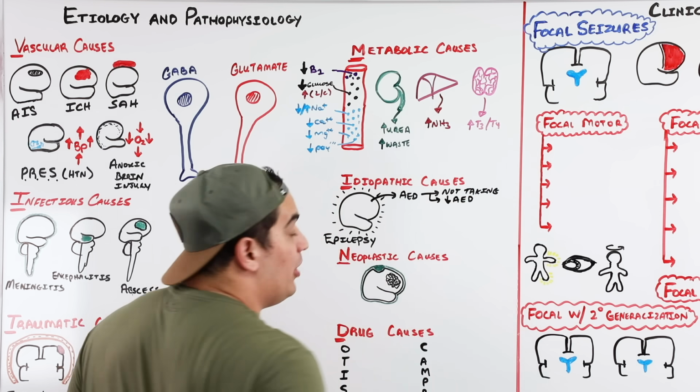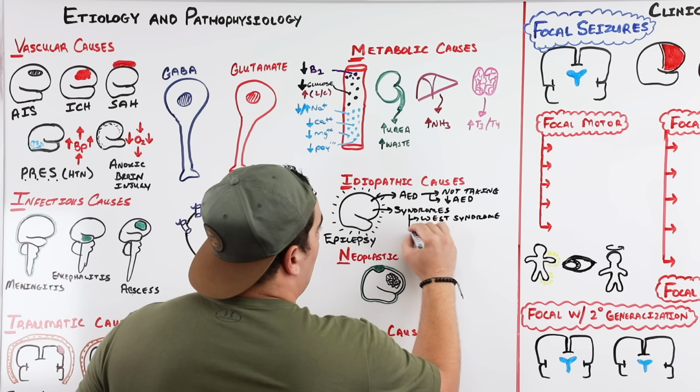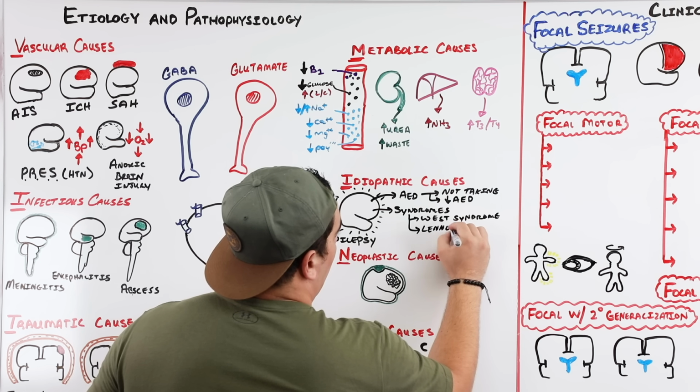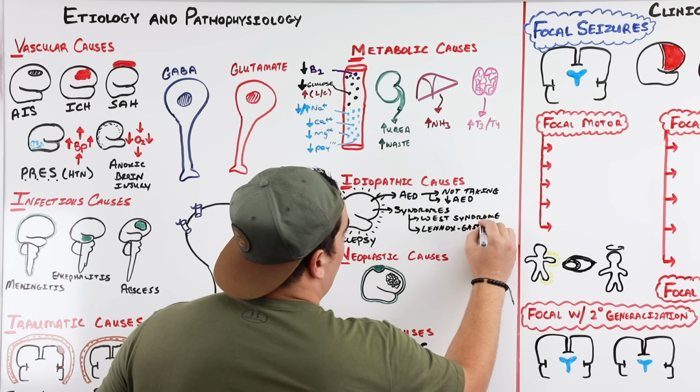That's a potential trigger. The other one is epilepsy syndromes, and there are so many different types of these, and this is more pertaining to pediatrics. But this can include things like West syndrome, which usually presents with infantile spasms. This can present with a very sad case called Lennox-Gastaut syndrome. And then another one is called juvenile myoclonic epilepsy. And again, this is just some of many different types of epilepsy syndromes, okay?